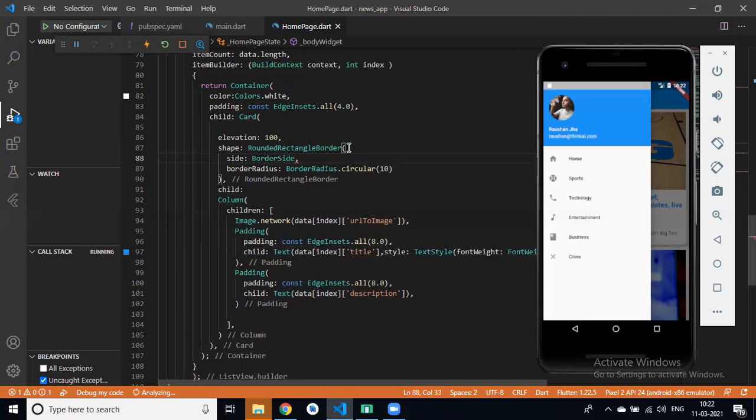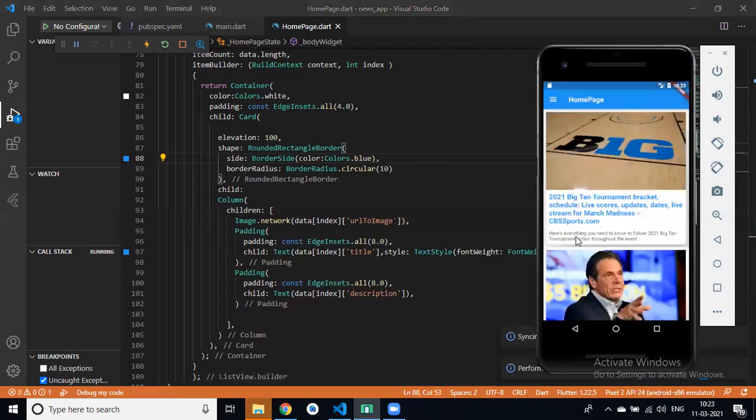In border side you can set color, Colors.blue, and we can also set width for the border.